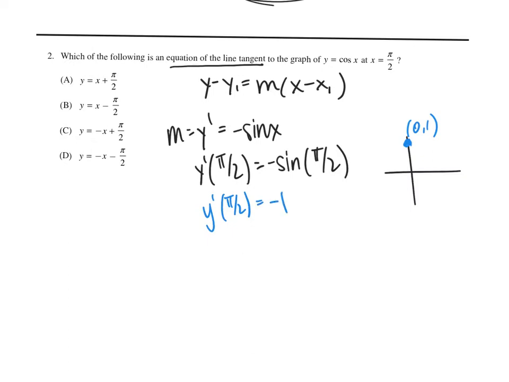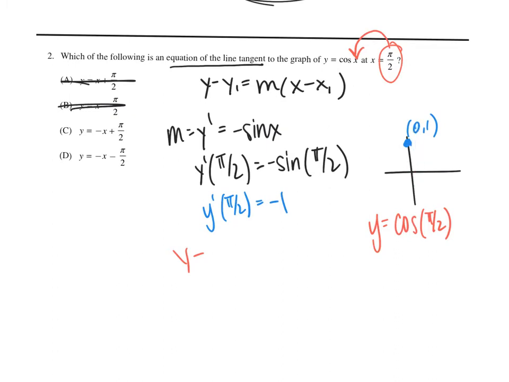So when I go to look at my answers, my slope has to be a negative 1, so I'm going to cross out A and B. What'd I just do? Those are gone. All right, the last thing that we need if we were going to put this in point slope form is we need y minus my y coordinate. Well, what's going to be my y coordinate if my x is pi over 2? I'm going to plug in pi over 2 for my x, and my y would equal the cosine of pi over 2. Just like we reminded, the cosine of pi over 2 is the x value at pi over 2,